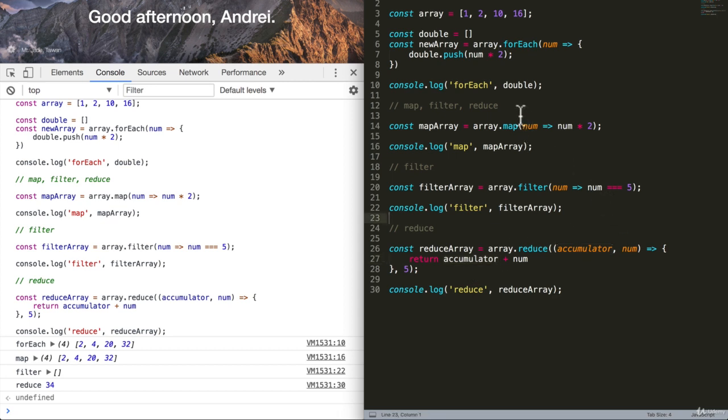So that's it. I want you to remember these 3 methods because you're going to be using them a lot in your career. They're very, very useful. They're pure, which means every time we do an operation, whatever inputs we get in, it always returns a value and there are no side effects. And as you can see, they're very easy and simple to read. So get used to them